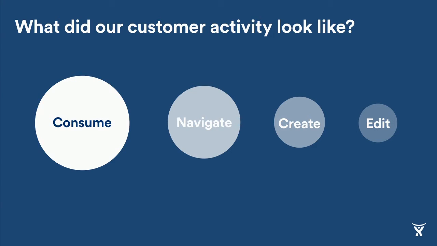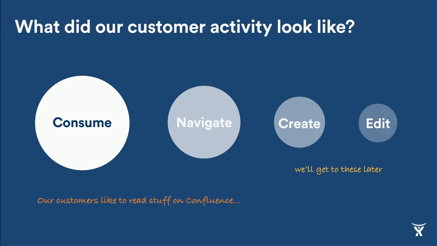So if we stay with Confluence, when we looked at Confluence today, we broke it down into four main priorities or categories. And it was basically just an assessment of all the analytics and just saying, what are people doing when they're on Confluence? The biggest thing that people were doing we classified as consumption, and that meant that they were reading pages. The second biggest thing was navigation, which meant that they're either browsing or searching or discovering the documents that they're looking for. And then we have create and we have edit.